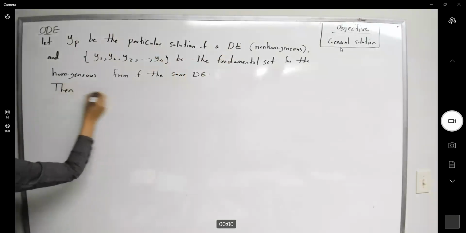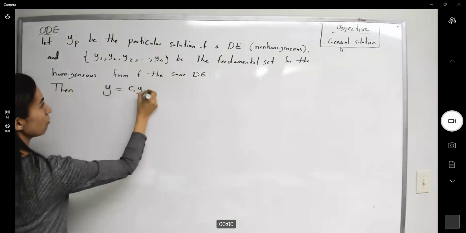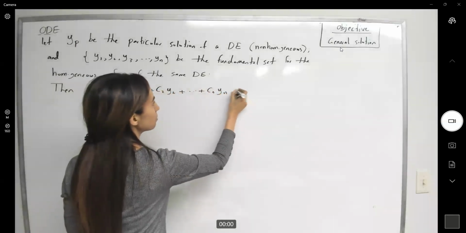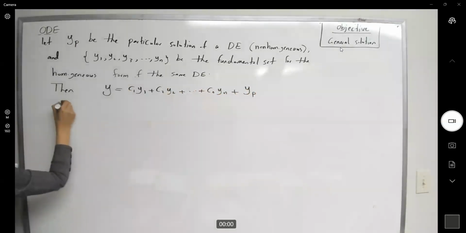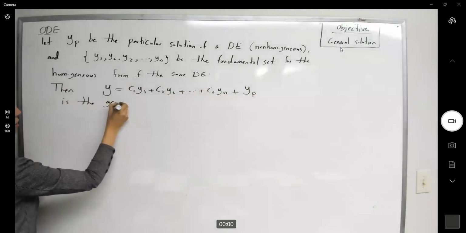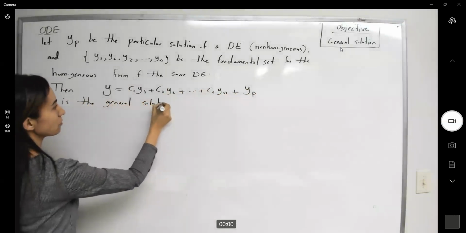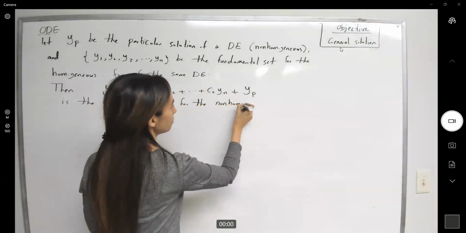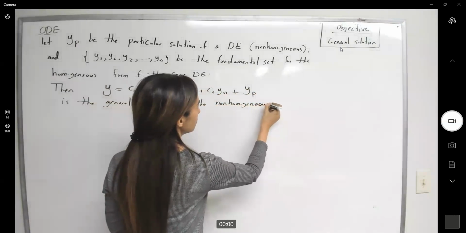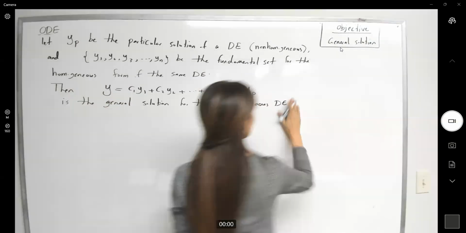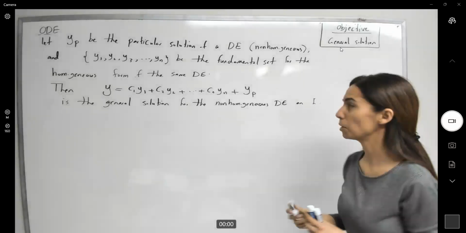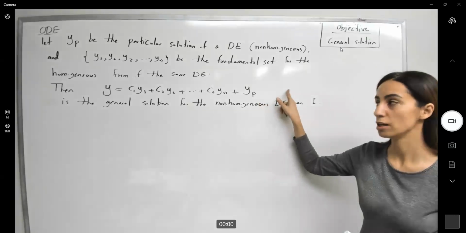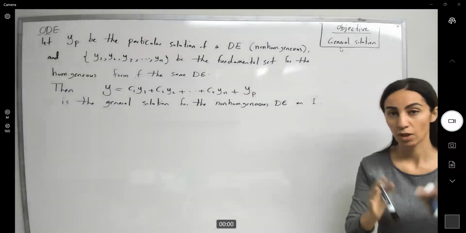Then y equals c1 y1 plus c2 y2 plus dot dot dot cn yn plus y sub p is the general solution for the non-homogeneous differential equation on the given interval. Remember that if you have more particular solutions, you're going to add them to the right-hand side of the general solution. For example,